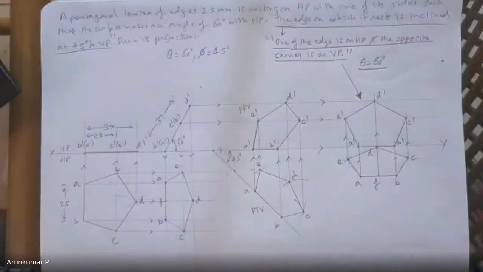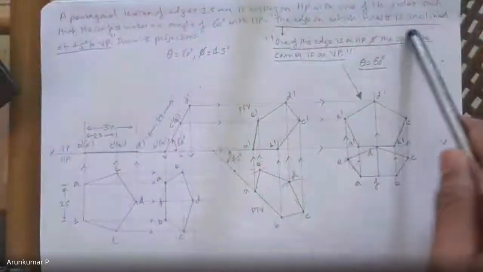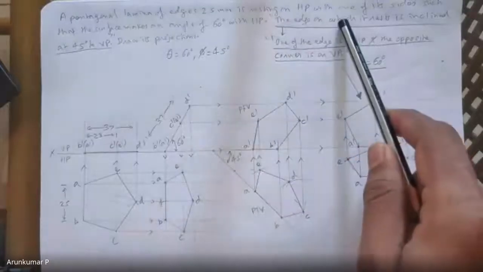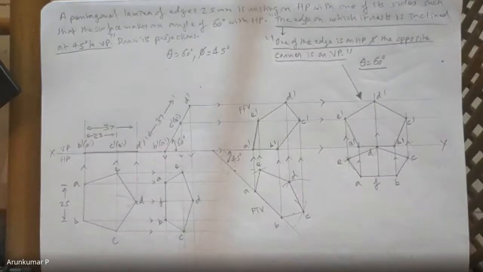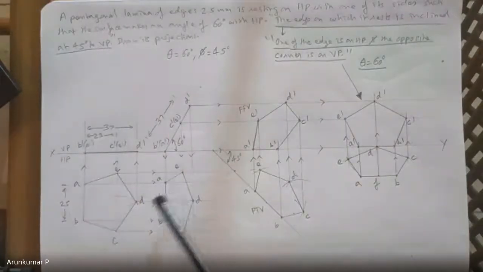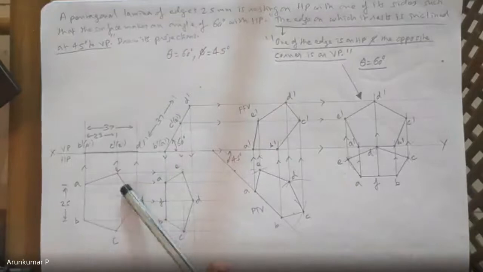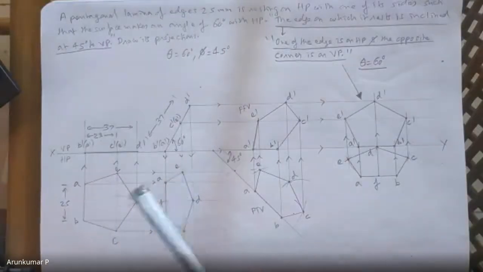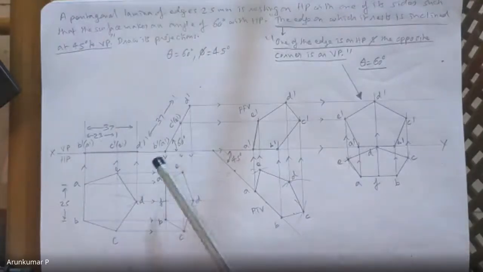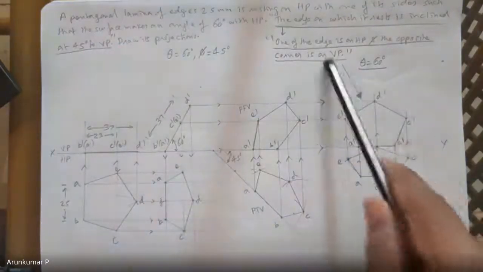So if this problem is asked, then this is the small change that would be there in the statement. Instead of 45 degrees to VP, this would be mentioned. This is how you need to take care of such problems. So what you find is basically the first two steps are common in most of the problems. On HP, inclined to HP. It remains the same, only the inclination may change a bit. Instead of 60, it may be 40, 45. Third step is where all these conditions start coming.